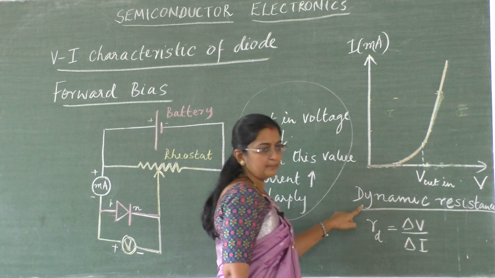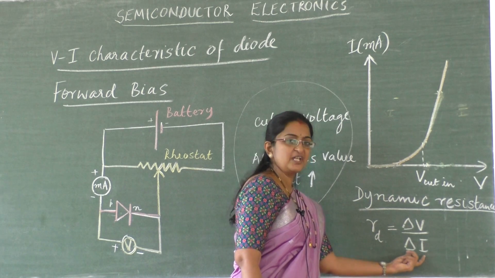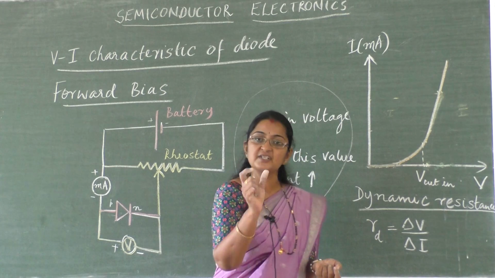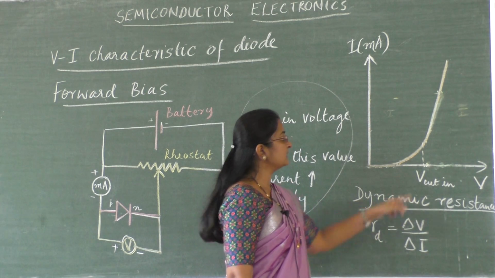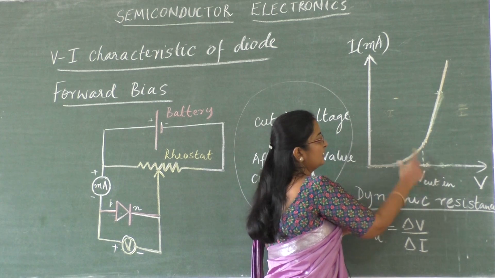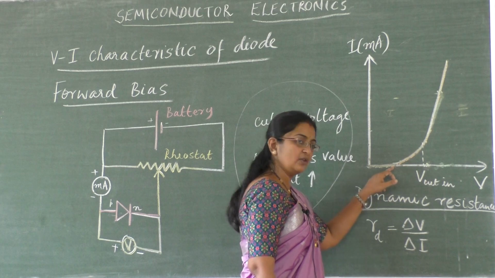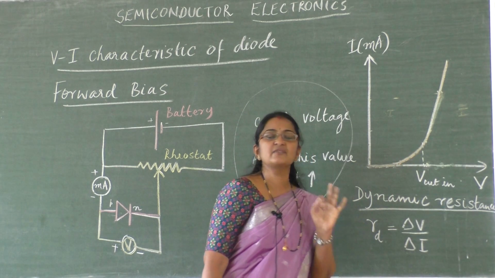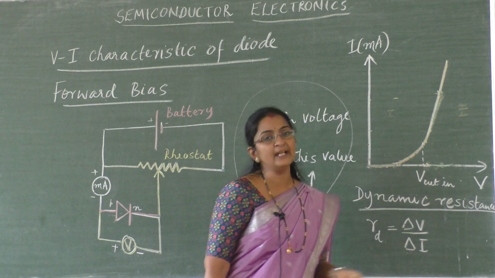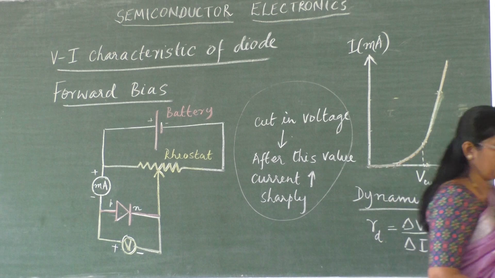One more concept is that dynamic resistance is represented by the change in voltage over the change in current. We are considering one particular point, taking a small range of voltage and a small range of current. Like that, if I want to measure the resistance at another point, when I take a small range of voltage and current, its value will be different. Here also it will be different. So at different points we get different values of resistance. It is not constant, so it is a non-ohmic device. Students, please make a note of it once again.